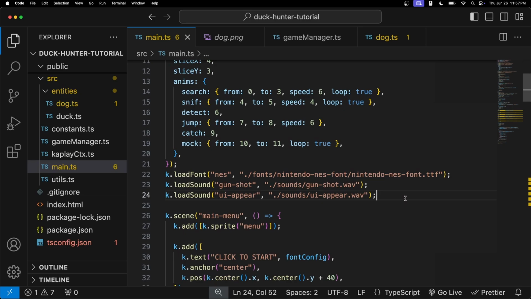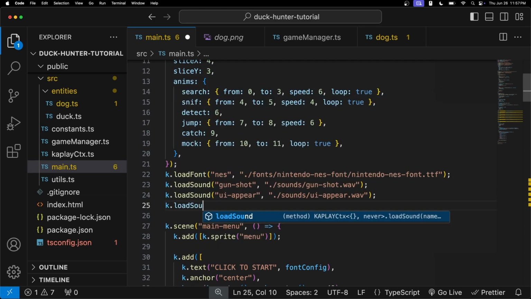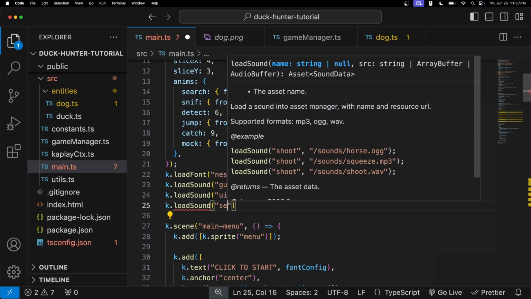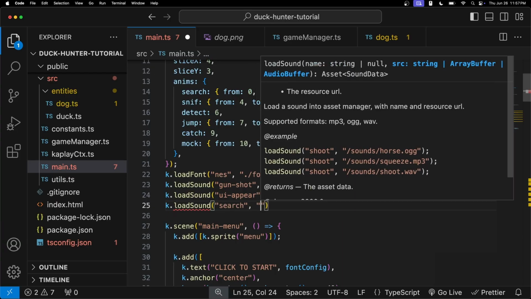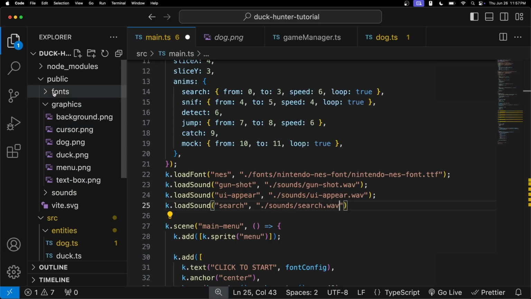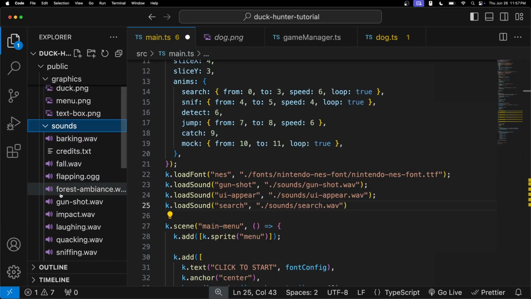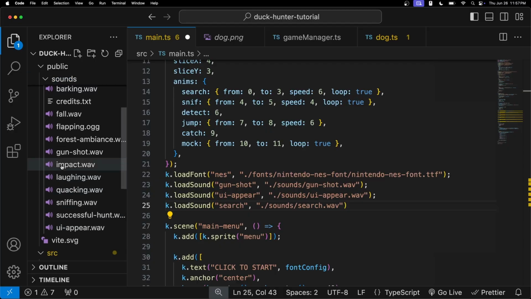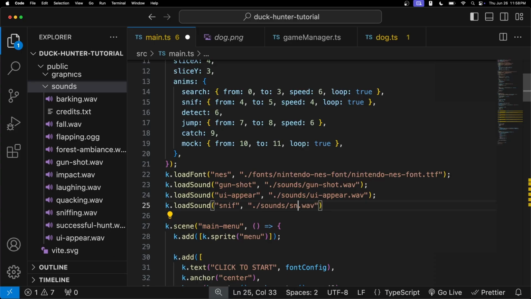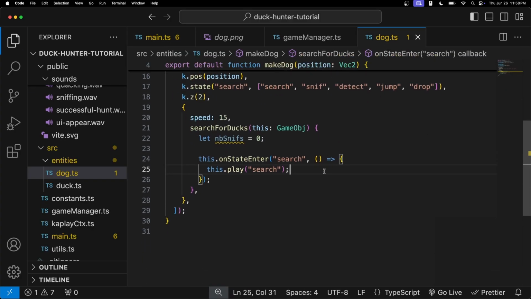You need to be very careful about this because sometimes you can easily be mistaken and then get confused. So now let's load our... Even I got confused. I initially wanted to load the search sound, but there's no search sound, so it's a sprite. Anyway, let's load our sounds that we had: sniffing, barking, and etc. But first, let's do it with a sniffing sound. Now let's go back to our